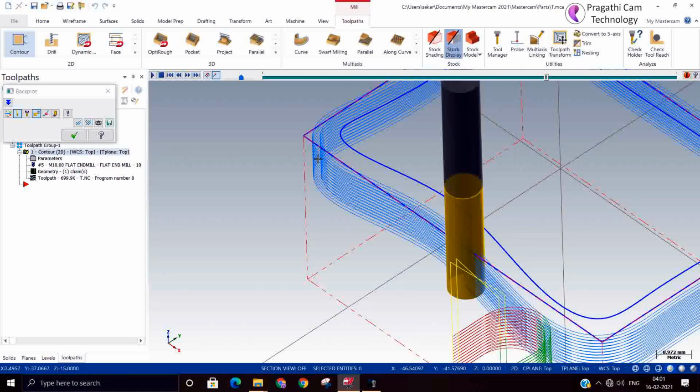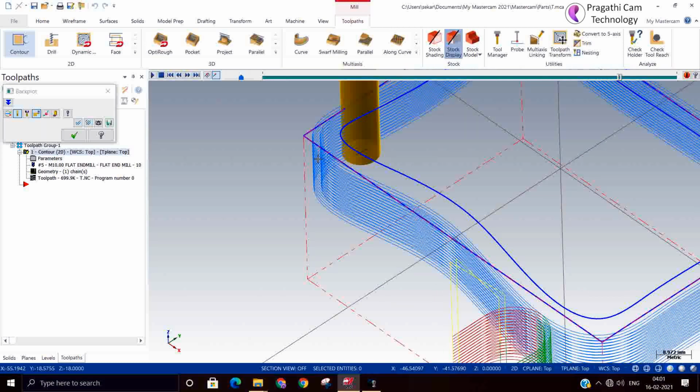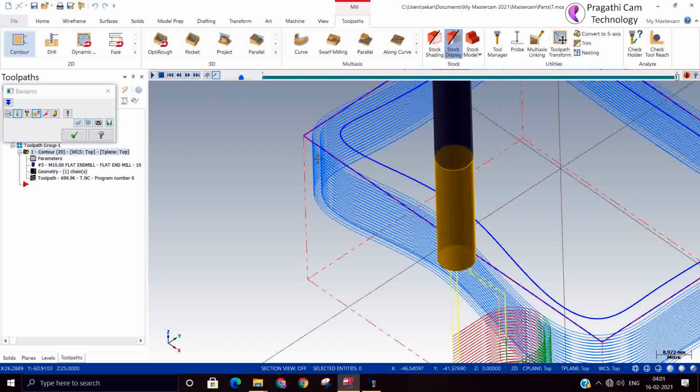So here in this case, the material removal is not uniform. Because of the non-uniform removal, you need to go for the multi-pass. Multi-pass is to be used when the material removal needs to be more.